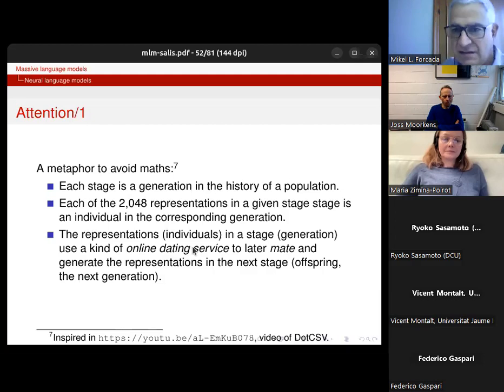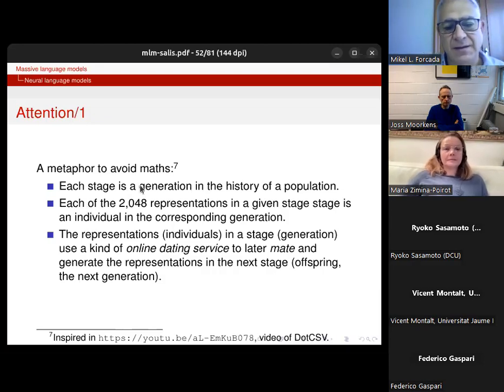and these representations use a kind of online dating service to decide who to mate with. So it's not only dating, it ends up in mating. That ends up generating representations in the next stage. The way they generate the individuals in the next stage is by first dating other individuals in your generation and then mixing your genetic material with them. So that's the